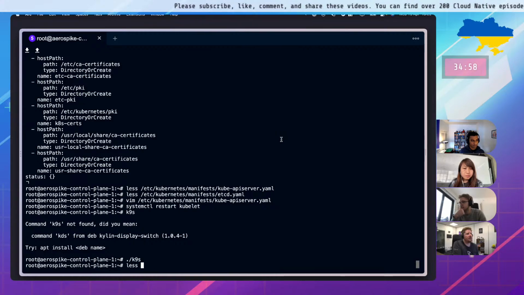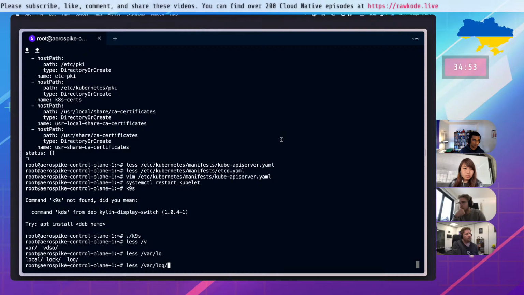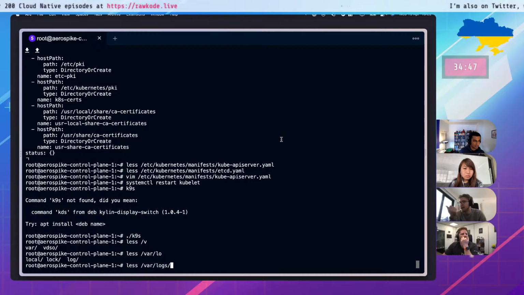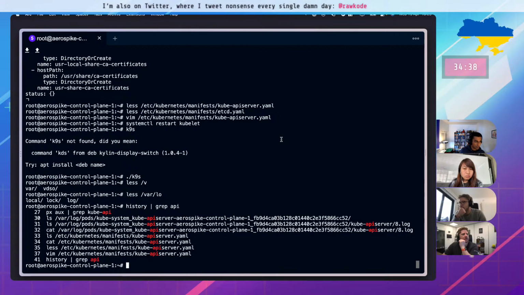Should we check the API server logs again? Yep. var log, right? Yeah, I have it in the history. You can check. Oh, I guess the container ID might change.